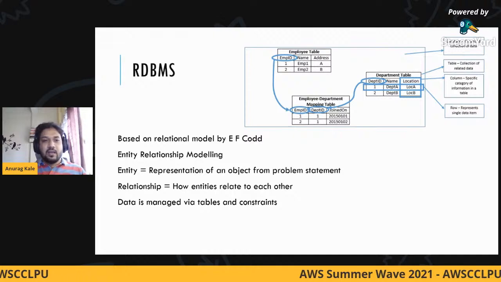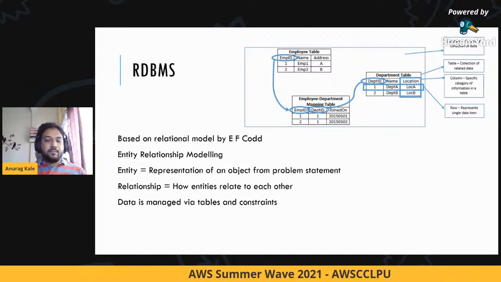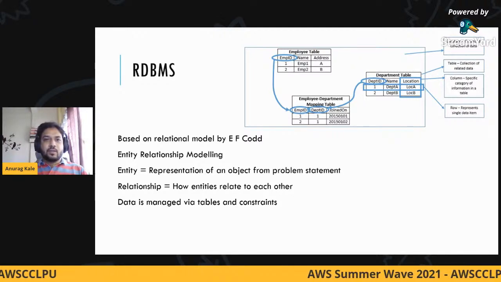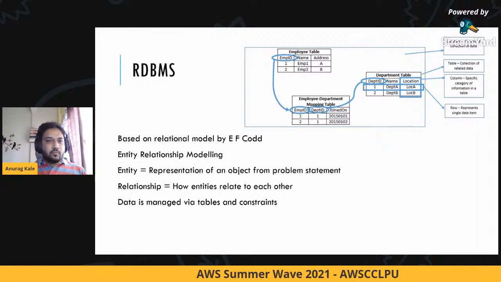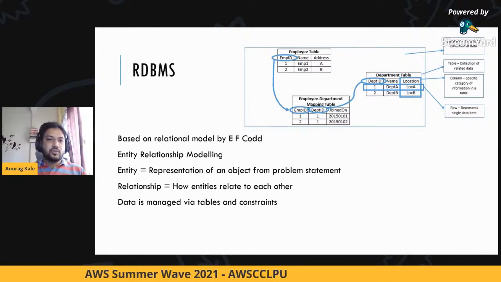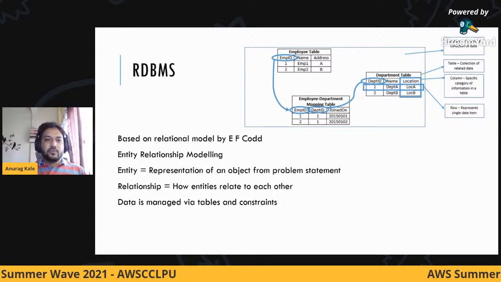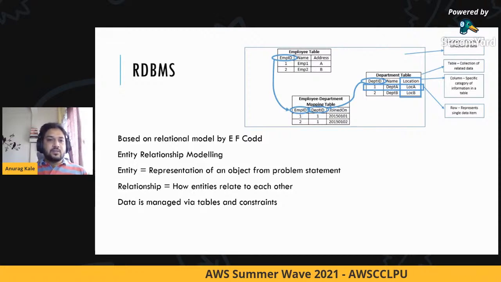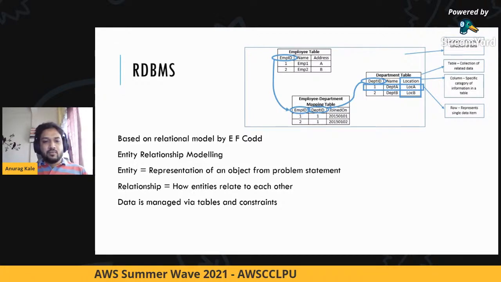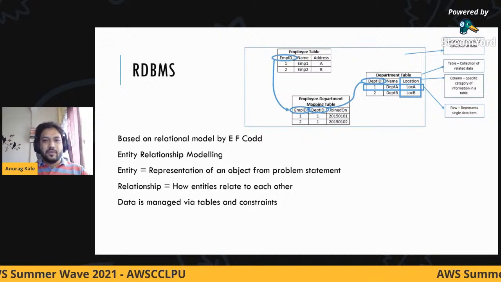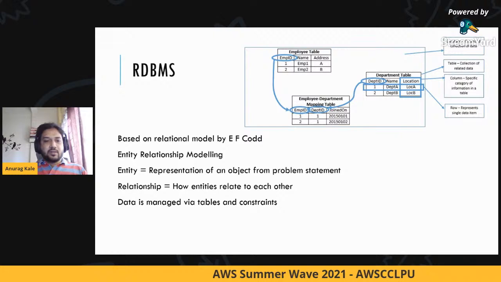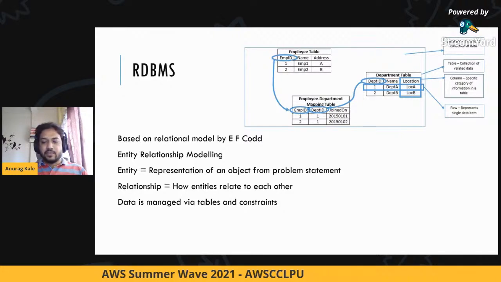LAMP stands for Linux, Apache, MySQL, and PHP. Products like WordPress are heavily developed using relational database models, and they are using the LAMP stack behind the scenes. So this is my attempt to give you a very brief overview of a relational database management system. Not that you need it, but this is how a database system works.